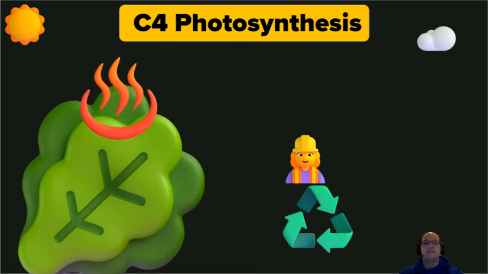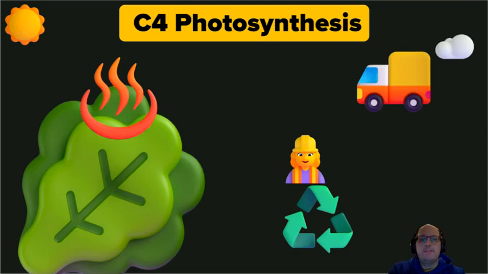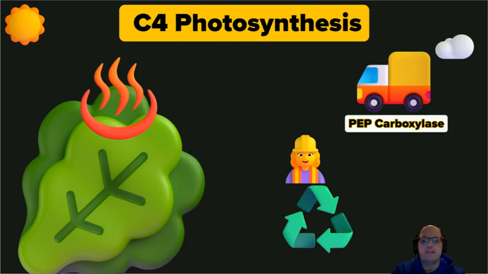And this is known as C4 photosynthesis. Now, what's going to happen in C4 photosynthesis is we're going to change who grabs carbon dioxide first out of the atmosphere. In this case, it's this truck that we have here, and its name is PEP carboxylase. And what it's going to do is as carbon dioxide comes into those leaves, it's going to